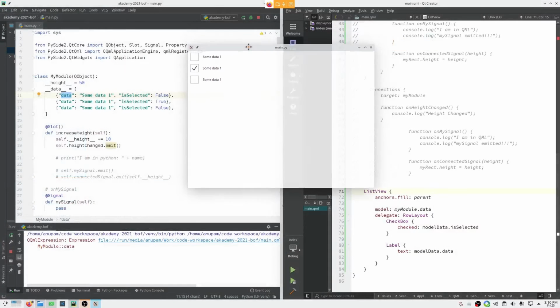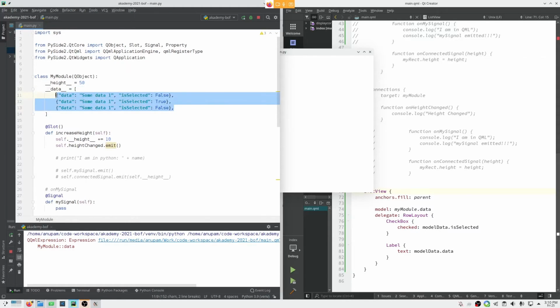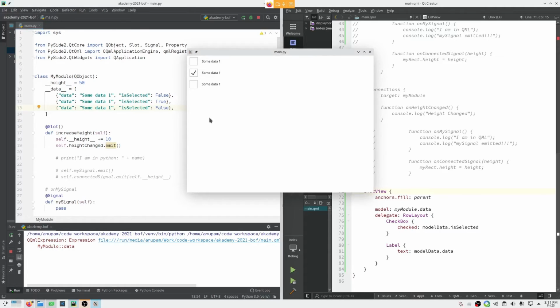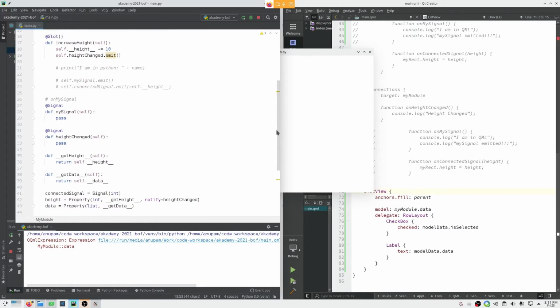This, when run, works as expected, but if you have some complicated, complex data, this is not the right way to go. The correct way to define a list of objects or list of data to expose to QML would be to define a custom class, and you have that object here, and register, or you don't need to register. Let me show you what I'm trying to say.